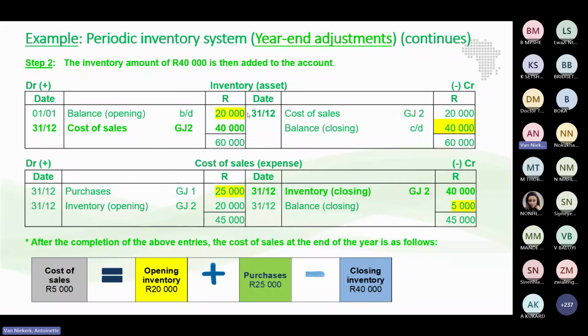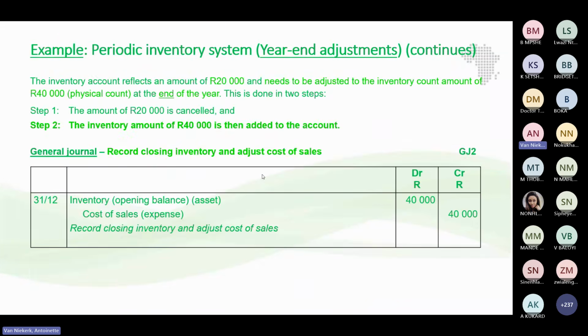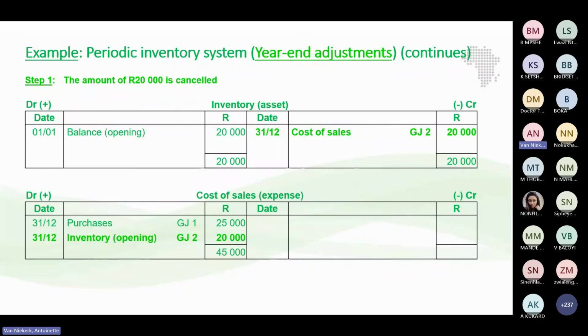Let's, for example, I don't like this slide. It's too full. Let me go to this slide. We will already give you the T format with date, the rand sign, date, and the rand sign again. We will already give, or maybe you would have to give us the heading. Then we will ask you to maybe record the opening balance and then further on close this off to the cost of sales account.